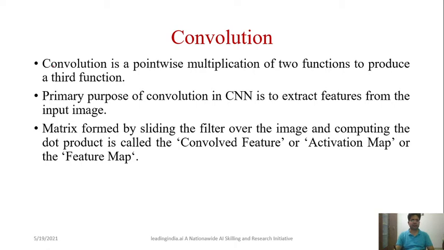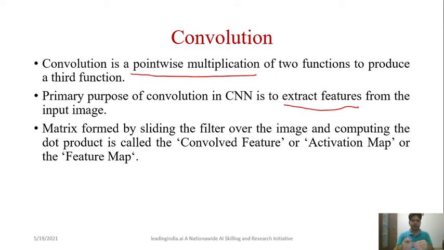So what is convolution? Convolution is simple pointwise multiplication of two functions. This is a very wide example of the convolution operation. Now the primary purpose of this convolution operation is extracting features. This convolution operation is performed on the input matrix based on some kernel, and the task is to find the features from there, extract some specific property, some specific pattern from there. That is the major task of the convolution operation.